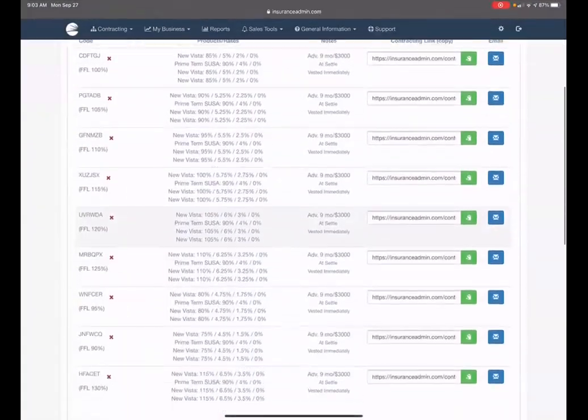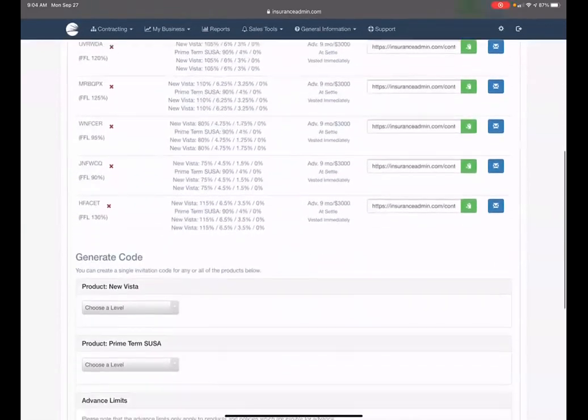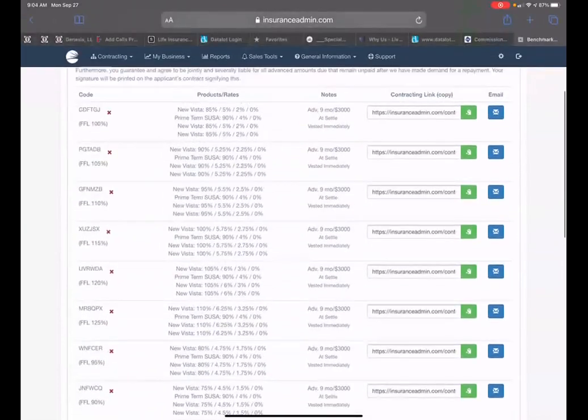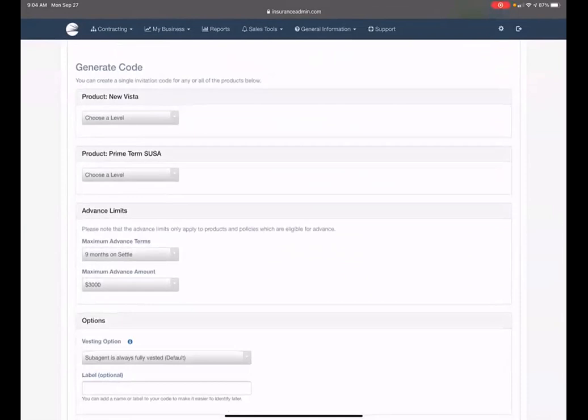All right. So at this point, we've gone to contracting and hit invitation codes, and it's brought us to this point. The first time you come out here, this is going to be completely blank. You're not going to see anything other than some empty spaces and the generate code button down here, which is what you're going to do. So as a quick example,